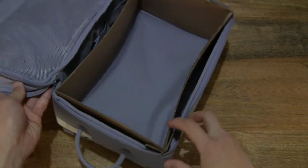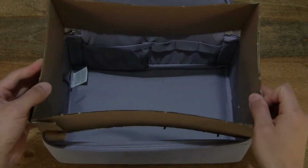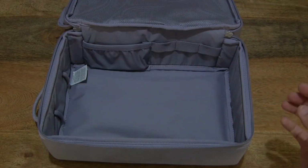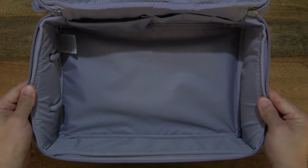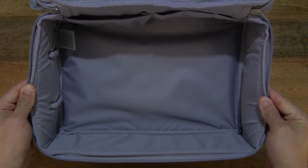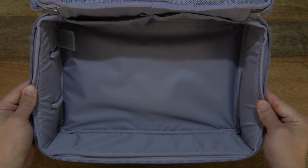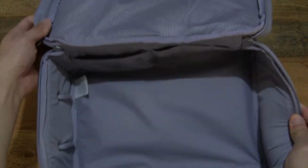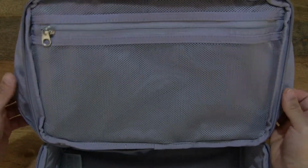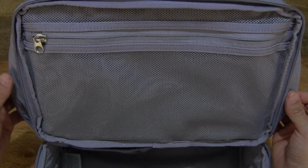And we can see what's giving the bag its structure. There is a cardboard frame inside of it. Let's put that to the side and of course recycle that thoughtfully, and giving you a look directly inside this Nike shoebox bag, 12L or 12 litre capacity,